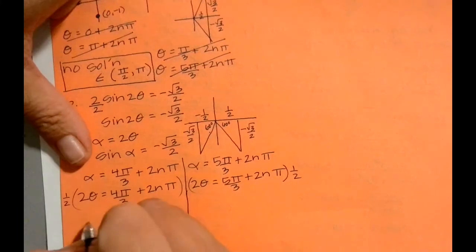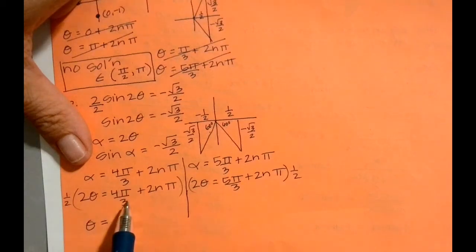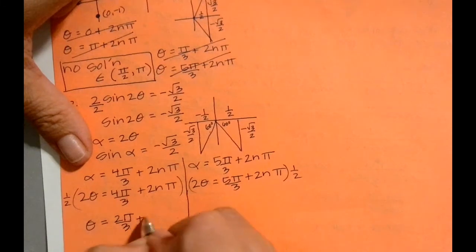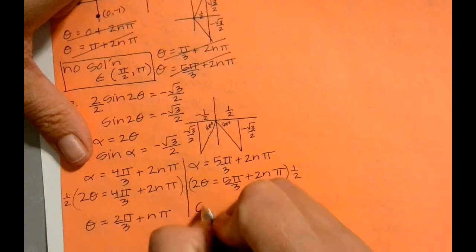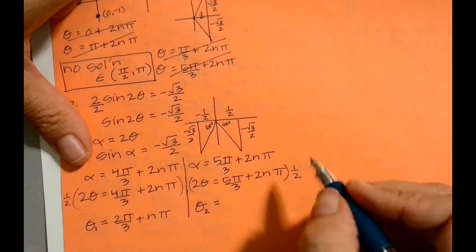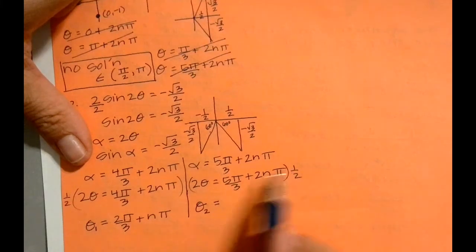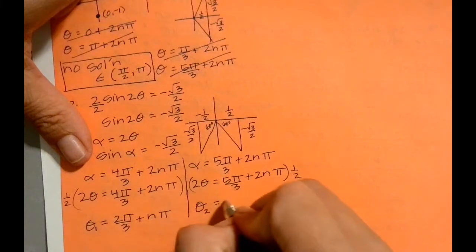So this is theta equals, this is going to be 1 times 4 over 2 times 3, so that's 4 over 6, which reduces to 2 pi over 3 plus n pi. And then this one is theta, I'm going to make that 1, and this 2. What is that? That's 6 pi. Let's see, 1 times 5 is 5 pi over 6